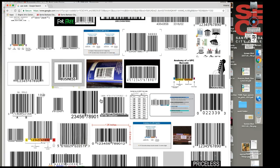Usually, though, if you take a look at books, on book covers in the upper left corner,